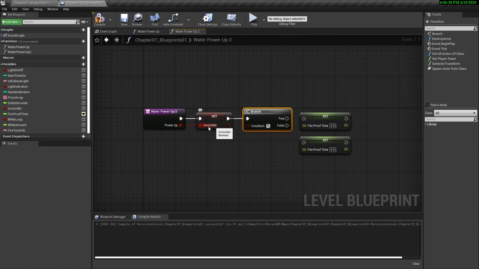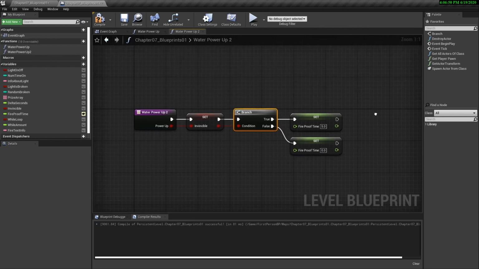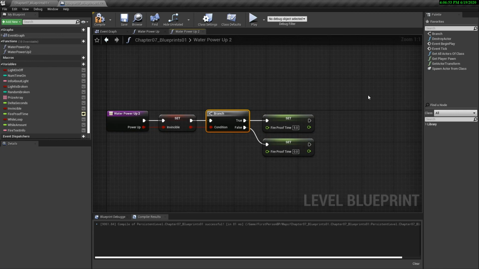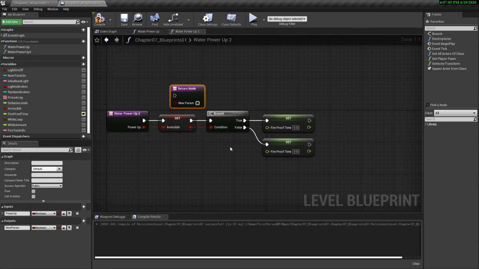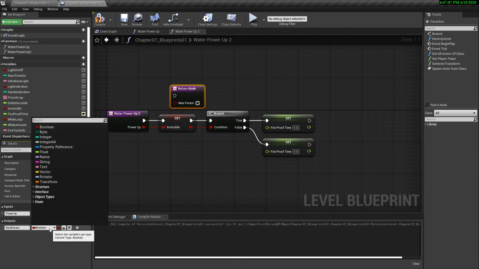And so if this turns from true to false, so if it's true, no problem, same as before. If it's false, immediately set it to 0. Okay, great. So then how do we get this information out in a usable way? Well, if you were guessing that we need to do an output, then you would be right. So I'm clicking here. It generates a return node, and let's create a return node of a float variable.